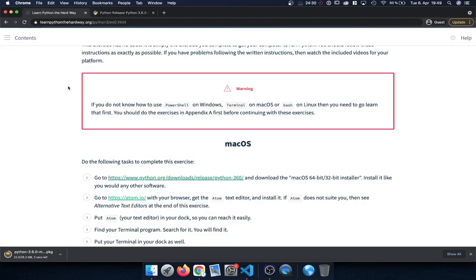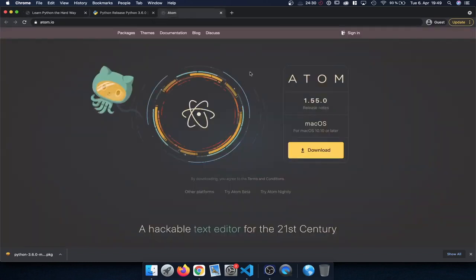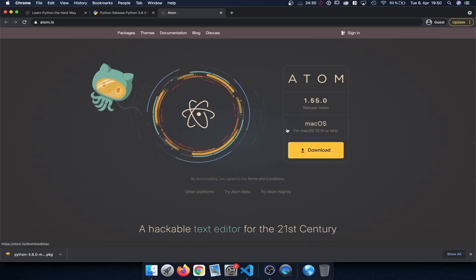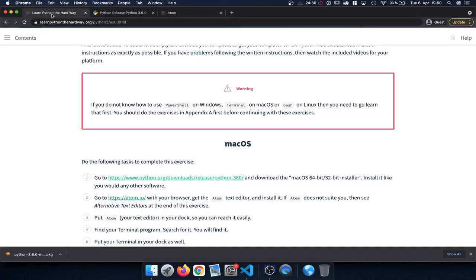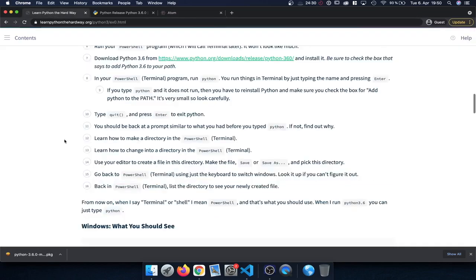The other resource we need is a text editor. So here we can download Atom, for instance, which is one available option. If we click on that, we get forwarded to the Atom website. And here it automatically detects our operating system, macOS in my case, and we can then download Atom and follow the installation instructions. You have a couple of alternatives listed here. So if you scroll down a bit,